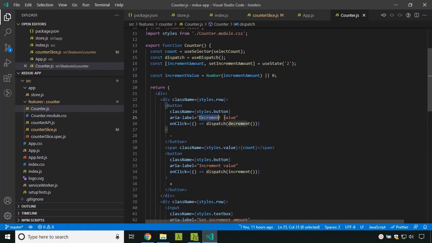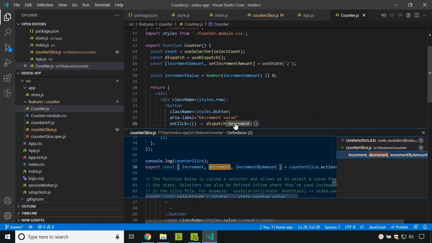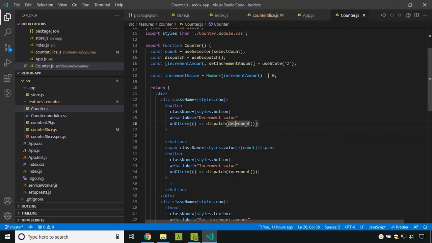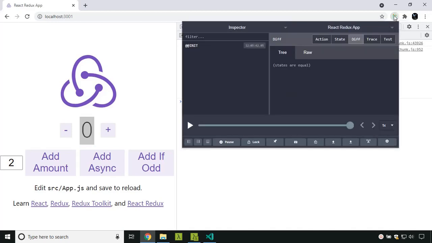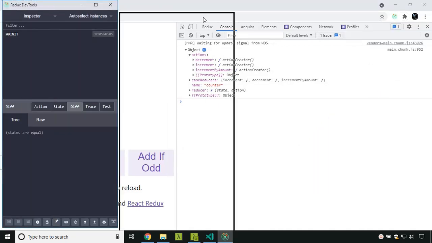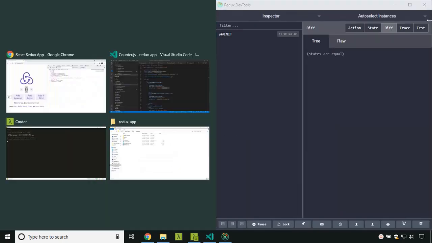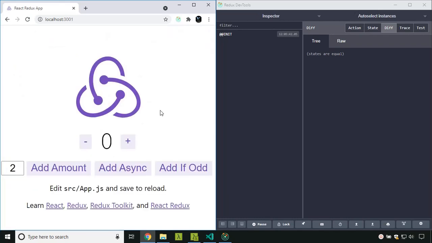Now when we press the decrement button, that is the minus, we are dispatching the decrement action. This is the action creator. We will be reducing the current counter value by 1. Here I have installed the Redux DevTools. I will open the Redux DevTools so that we can get a clear picture. Let me press the minus.